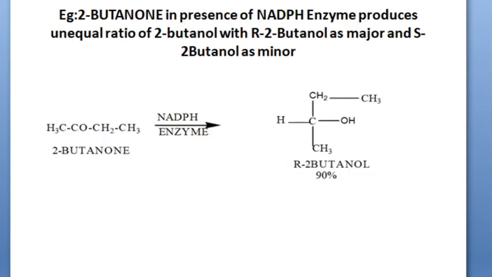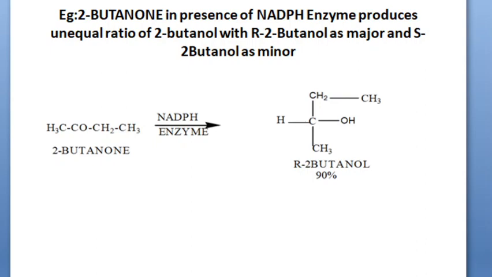See that. This is the synthesis of butanol. 2-butanol we are synthesizing from 2-butanone. Ketone is converted to alcohol, and the ketone is converted to alcohol by reduction. That reduction is possible with the NADPH enzyme. So among these, you identify the chiral reagent or chiral reactant or chiral catalyst.